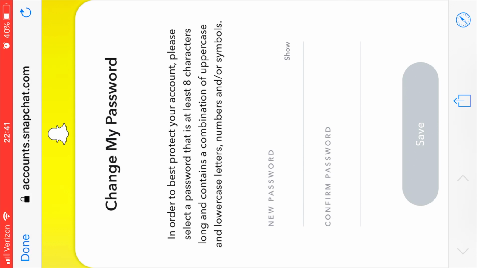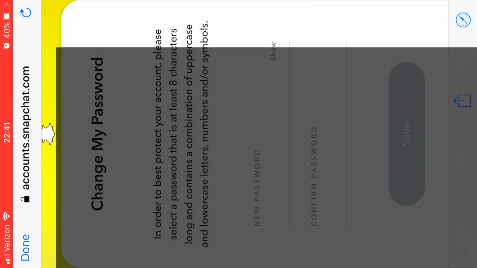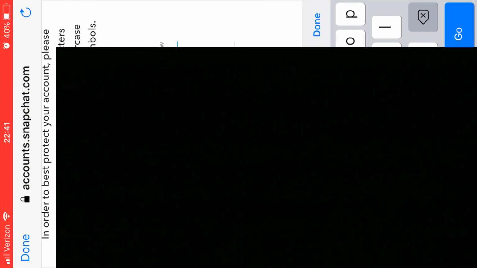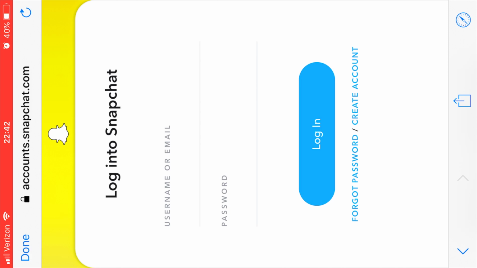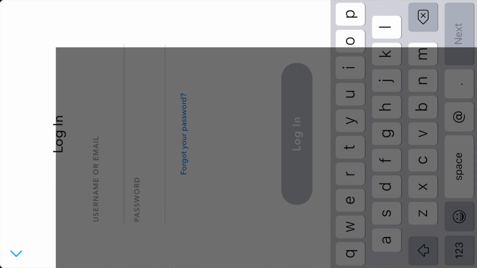Then it takes you to this page right here to change your password. I am going to cover it up, by the way, so let's go ahead and do this. And after you entered your new password, click on save, and now click on continue, and now you can log in again. Let's go and test that right now for you guys, to make sure it works,